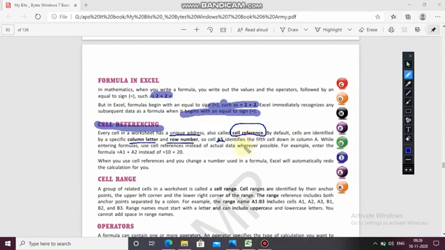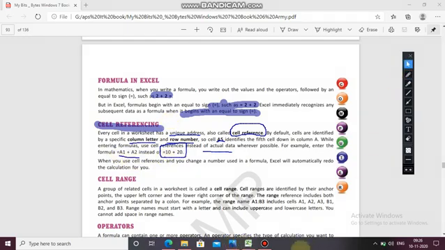The cell in which you are entering your data has a unique address, represented by the column letter and row number. While entering formulas, use cell references instead of actual data. Means you are not writing 2 plus 2 there. Instead of that, you write the cell reference wherever possible. So in the formula, instead of 10 plus 20, we write A1 plus A2.